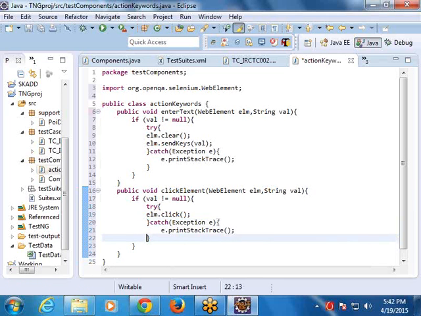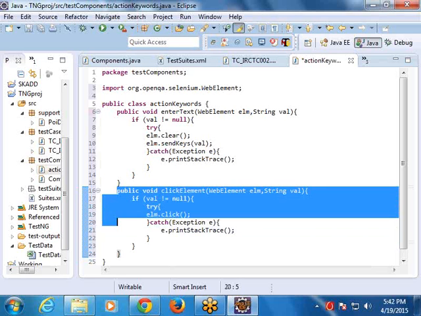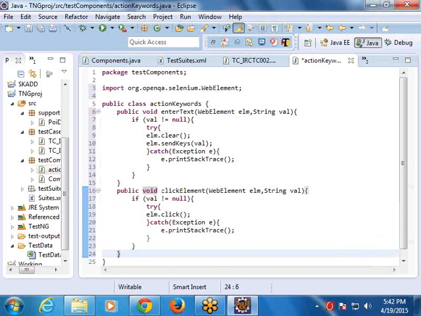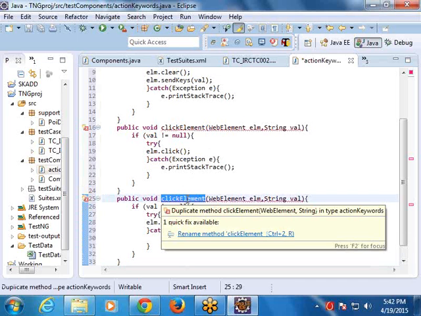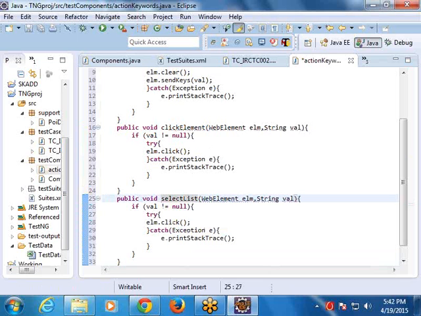Done. Similarly, define one more method for select list item. To select a list item, I want to define one more element, select list, web element, and what value you want to select. Now how to select that list? What is the statement? We have to use the select class, lst items equal to new select. We have to give that element elm, and import this select class